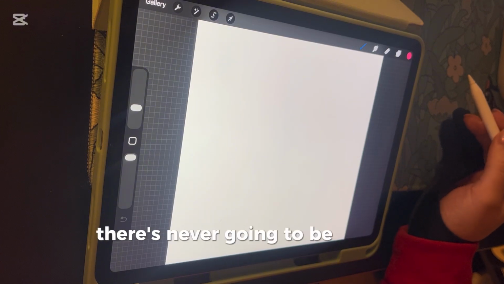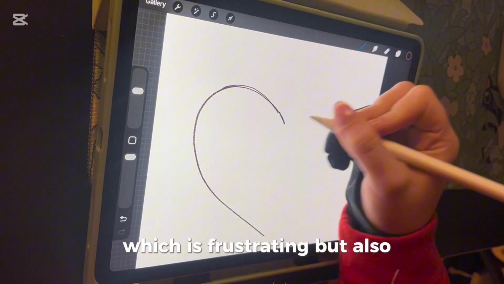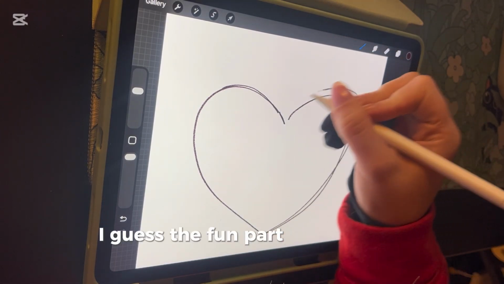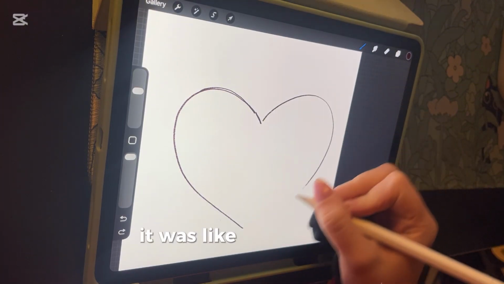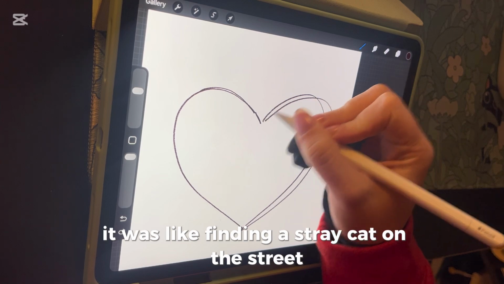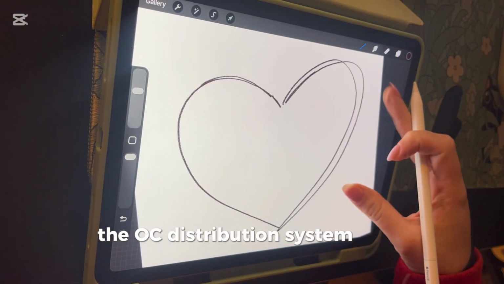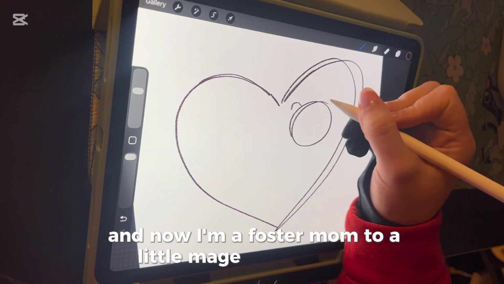There's never going to be one true-to-form template to creating your OC, which is frustrating, but also, I guess, the fun part. For me, when it came to Marge, it was like a strike of lightning. It was like an accidental pregnancy. It was like finding a stray cat on the street. The OC distribution system really came through, I guess, and now I'm a foster mom to a little mage named